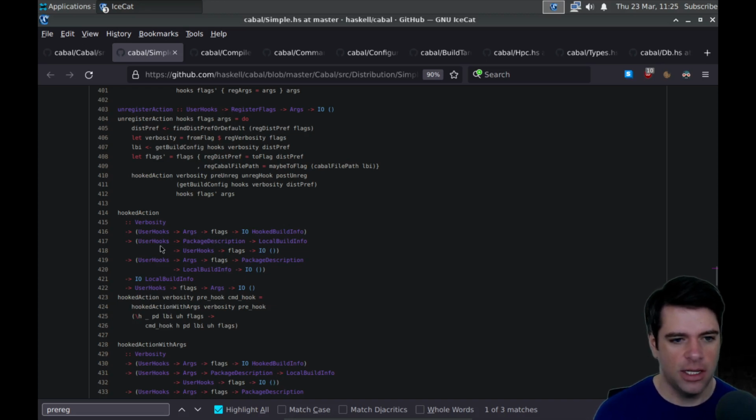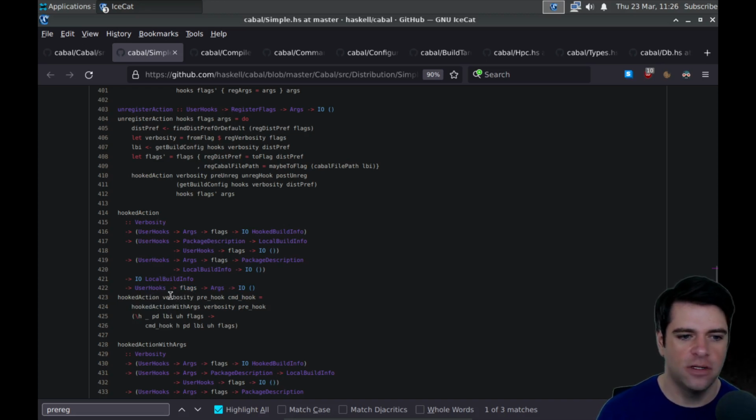So some functions that act on user hooks somehow. And it's going to take an IO local build info, and ultimately it's going to return some function that does IO. And maybe the thing it returns, based on just the formatting, is going to be a function that takes user hooks and flags and args and actually applies the hook, presumably.